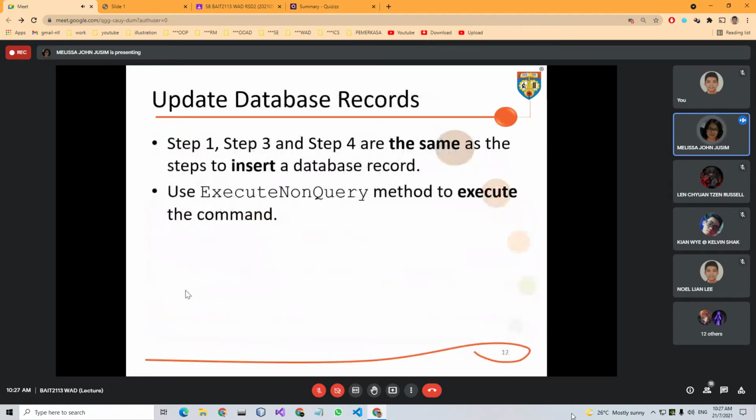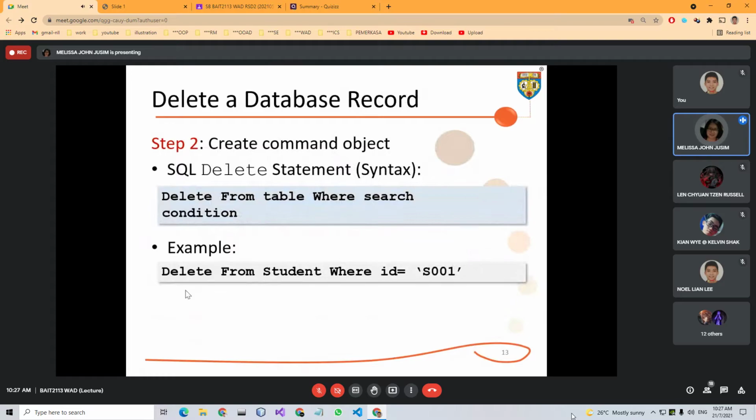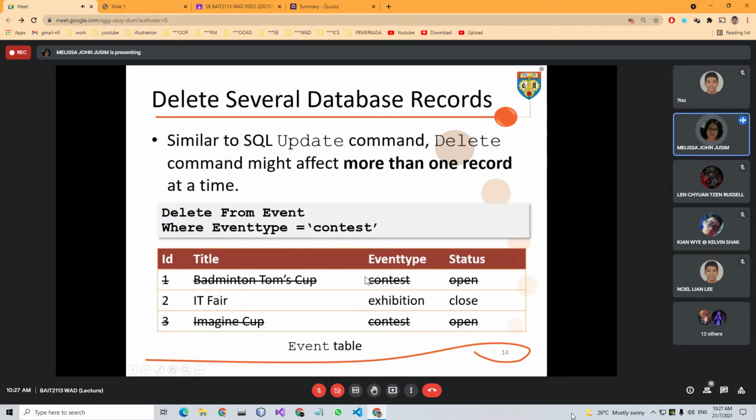Okay, this is the delete of the database record. Only step 2 is different, whereby now we will use the SQL delete statement. Delete from this table where, followed by your search condition. Normally we go for the ID, right? Delete from student where ID equals to S001. Since it might affect more than one record at a time,